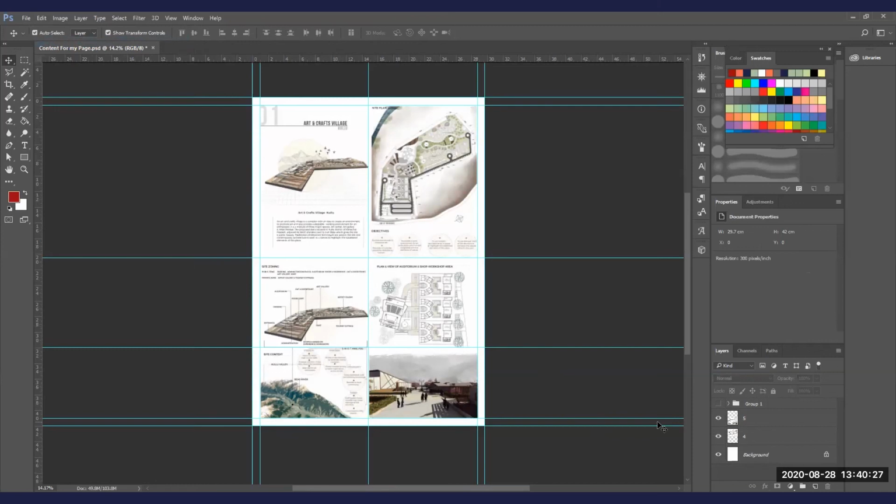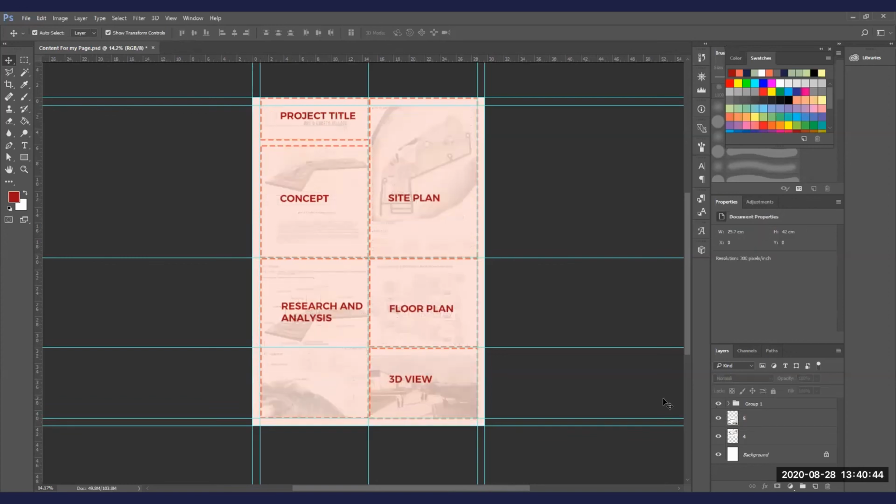So guys, in this sheet I'm going to tell you how the entire thing has been composed, how my contents are coming in the sheet. As you can see on your screen, I have put this much area for my project title. Then this is one infographic with the basic concept and introduction about my project. Then this part is the research and analysis. So this entire side is about the concept, research, analysis, etc.